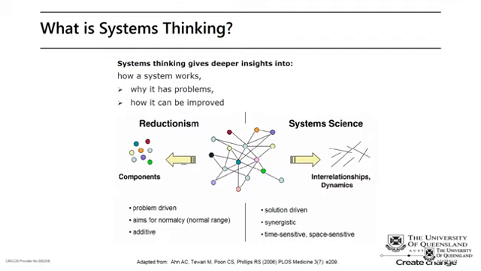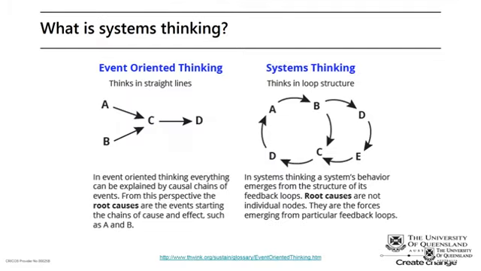Change may lead to a reduction of cases of foodborne illness, but we will not solve the problem. It's important to know then that when you think about these systems, there is this difference, and we do a lot of our disciplinary reductionist thinking. So causal pathways are by their very nature